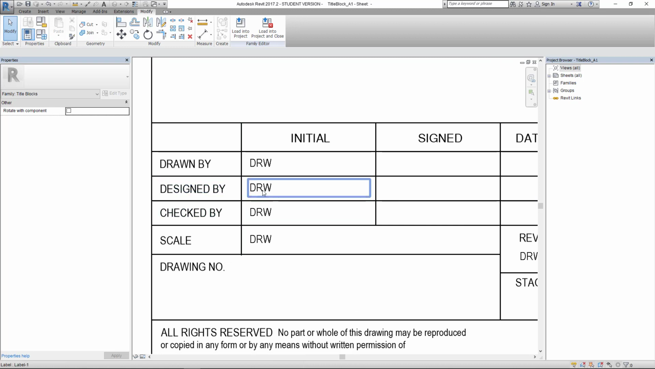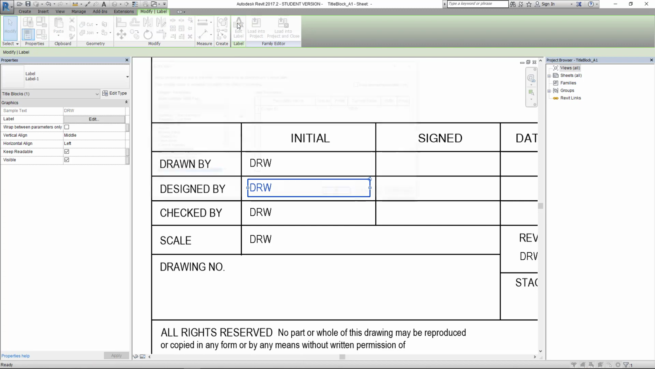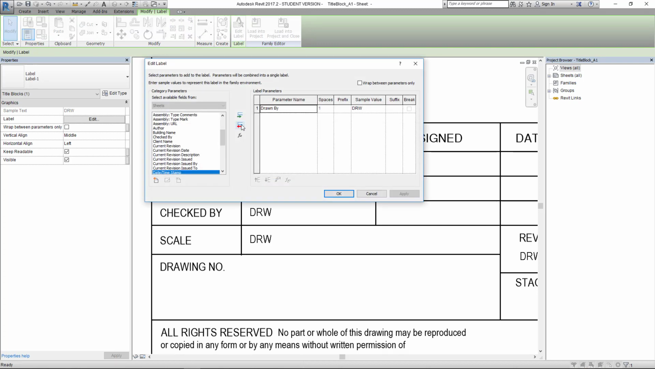So what we need to do is change this label. Select this and edit, then remove "drawn by", then we have to put the parameter called "design by". Those parameters are the system parameters, which are given by Revit itself. So this system parameter will apply to the project. When we apply it to the project, then we will straight away know that